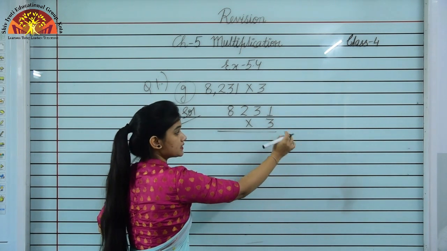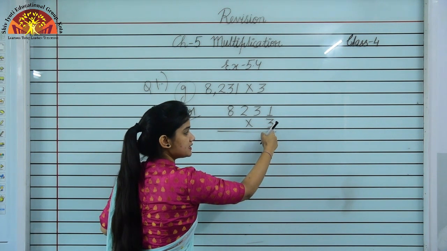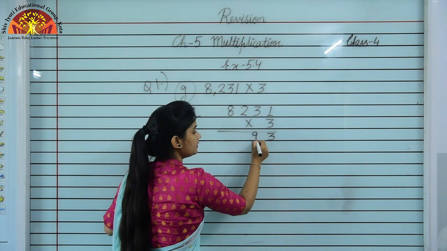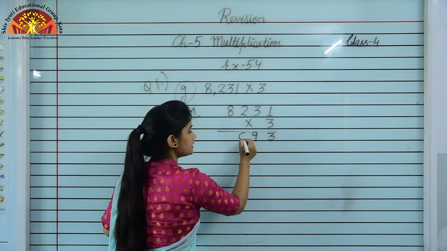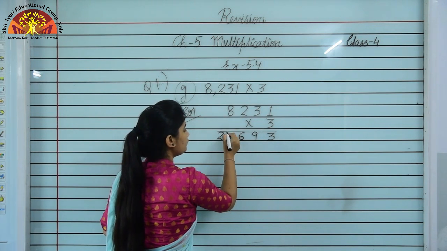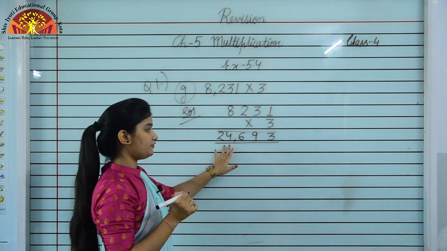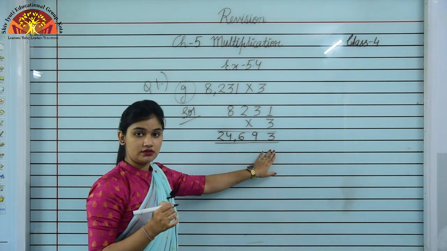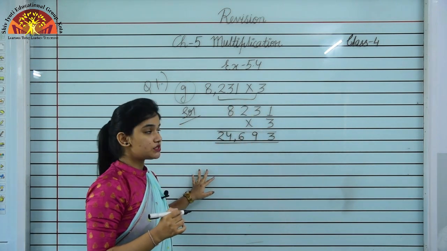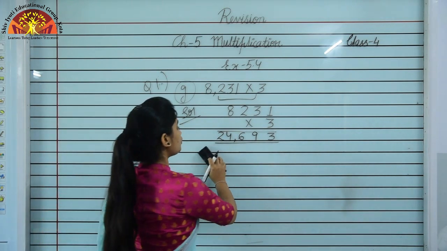It means from ones. 3 ones are 3. Then you have to multiply this digit by tens. 3 into 3. 3 threes are 9, and 3 twos are 6. Then 3 into 8, that will be 3 8s are 24. And students, the product will be 24,693. This is the product of these two numbers. Is it clear, students? So in this way you can multiply and solve the answer. Now just see the next topic.